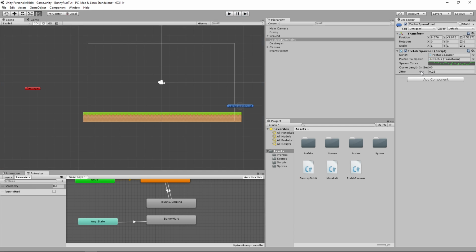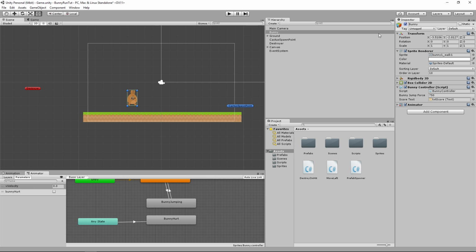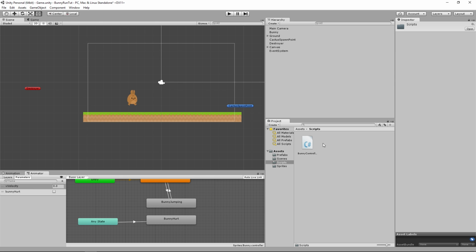But I'm happy to leave it at 30 for the moment. All right, and let's save that. So getting back to our bunny and the double jumps. So in our bunny controller,